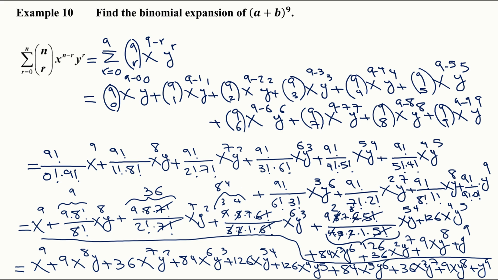So as a final step, we're going to say quantity a plus b to the 9 is equal to a to the 9 plus 9a to the 8b plus 36 a to the 7 b squared plus 84 a to the 6 b cubed plus 126 a to the